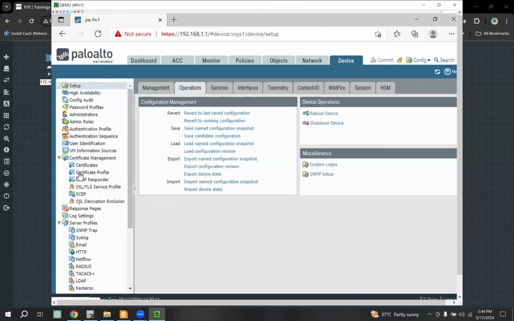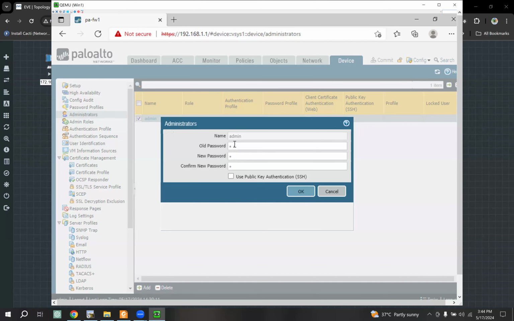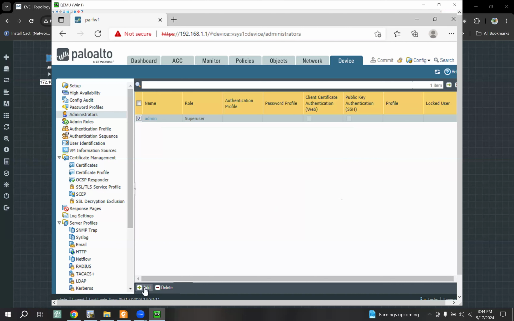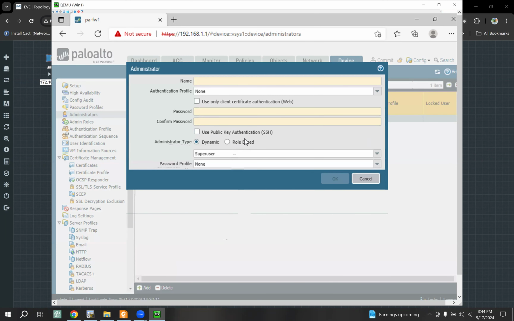In the left column, you will get the administrators. There is a single administrator and the role is super user. If you click the admin, you can change the administrative password here. And if you add some administrative user from here,